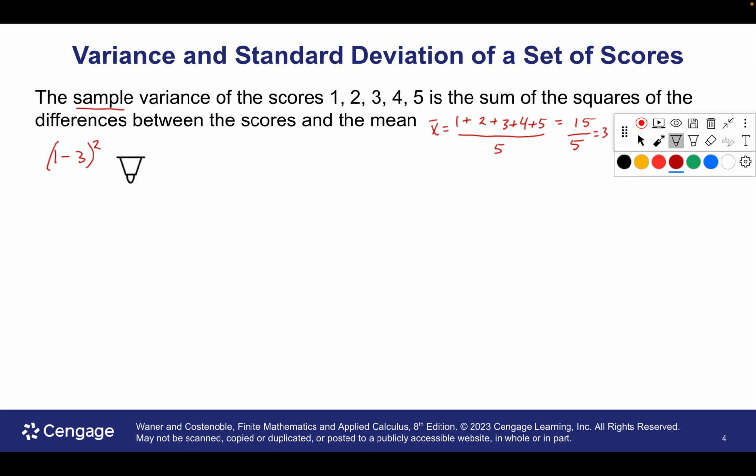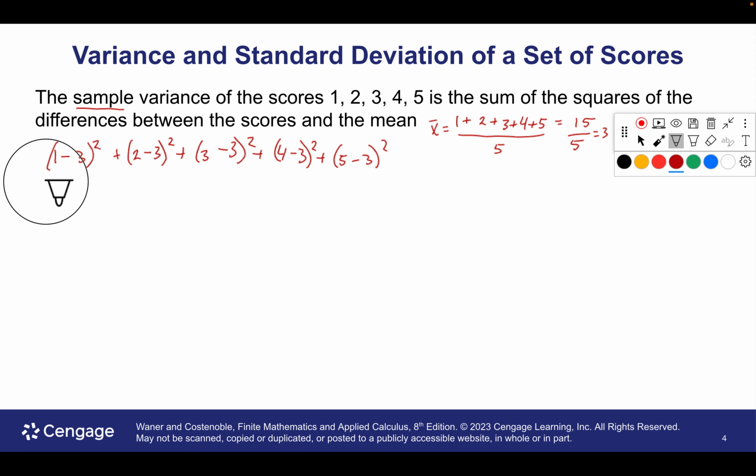Just to understand what's going on: take each piece of data, subtract the mean, square it, for each piece, through the last one. And then we're going to